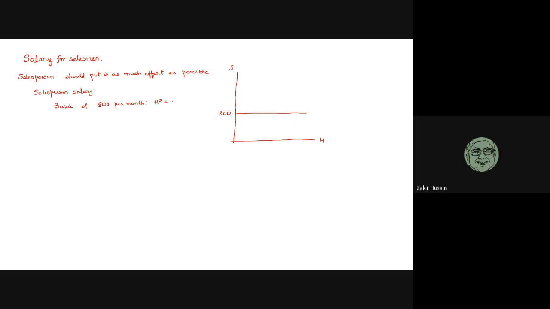How many hours will he work? Say 6 hours or 8 hours. What is the minimum told? The fixed hour which is assigned? No, nothing is officially assigned to him. Then he might not work. Why would he work if he gets the salary? He will never work, that's what I'm telling. Might not means there is an uncertainty. Okay, so this is 800.